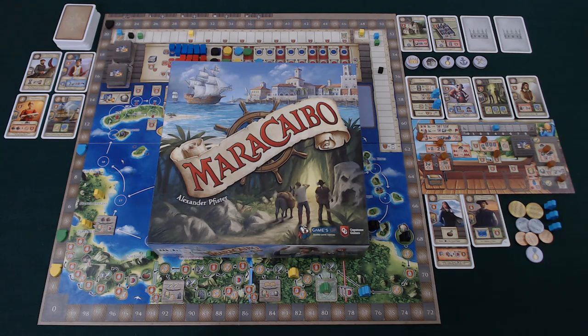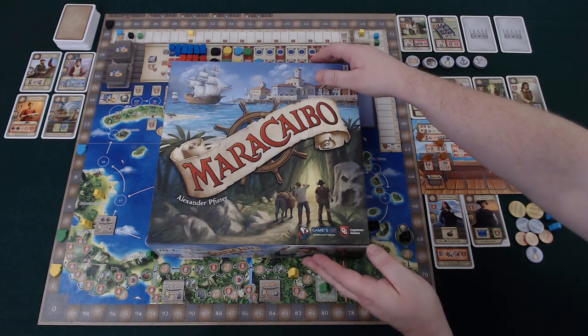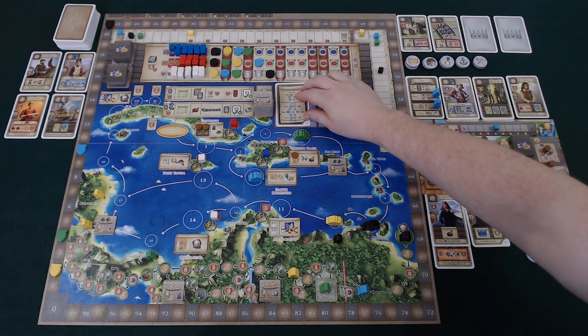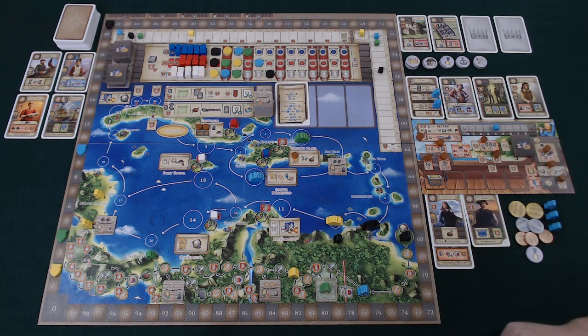Hello, and you are very welcome to this pit stop for Maracaibo, designed by Alexander Pfister, published by Capstone Games and Games Up. Maracaibo is a 1 to 4 player game taking half an hour per player, and each of the players is going to be a privateer in the Caribbean looking to sail around over 4 rounds,